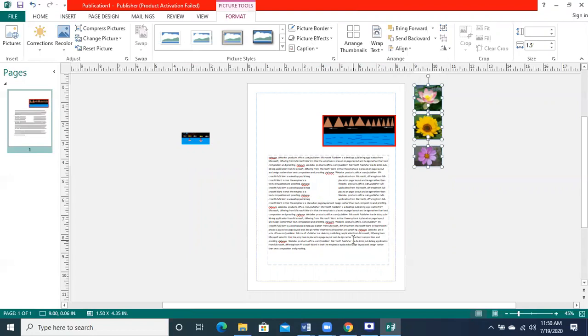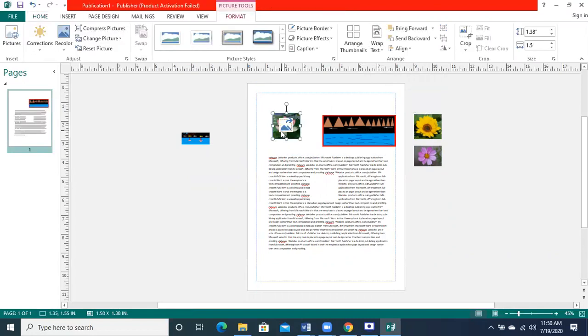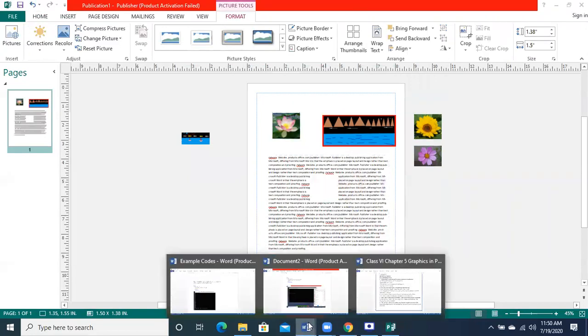Okay, I place them, now these are on the scratch area. Scratch area means this is not on the document, it is in a scratch area. I place this flower over here. I place this flower over here. Okay. Now the question is about how we are going